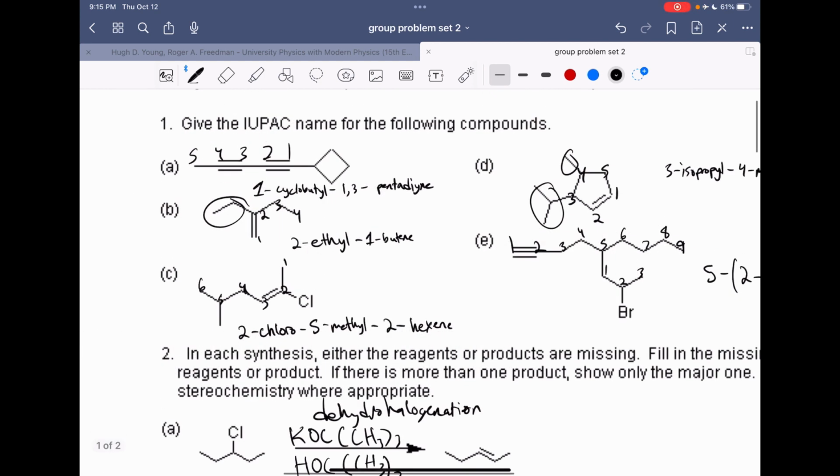Hey, I wanted to make another note on this 1C part, that this is actually the E variant naming for this. Because there is some symmetry in here, you have to consider the sides and which ones are more massive. And then you can say if the more massive parts of the double bond are on the same side, or if they're on opposite sides. And on this one, it turns out they're on opposite sides